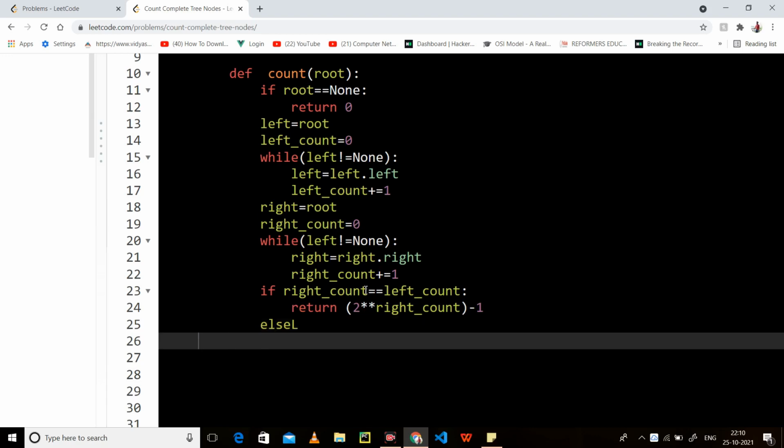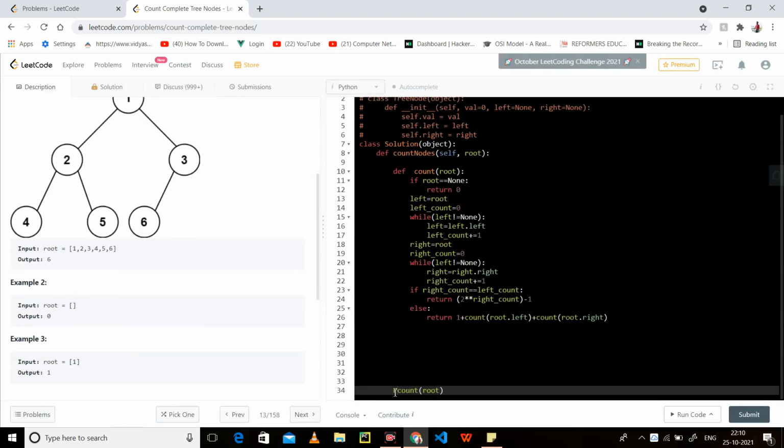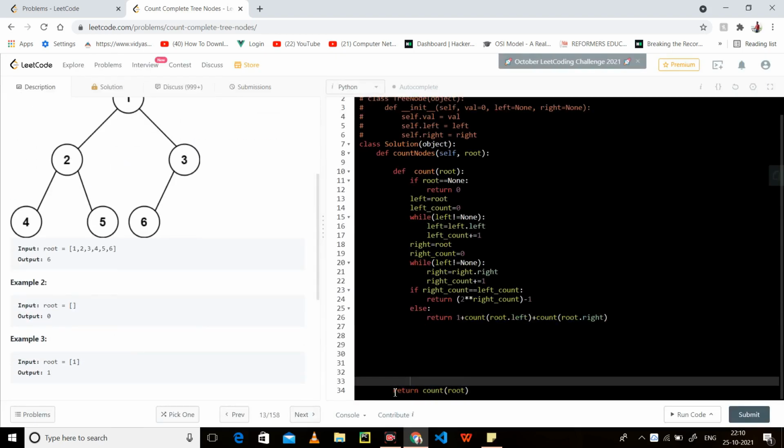Else, I have to return 1 plus count of root.left plus count, this is my function, of root.right. Whatever value we get, we return it.